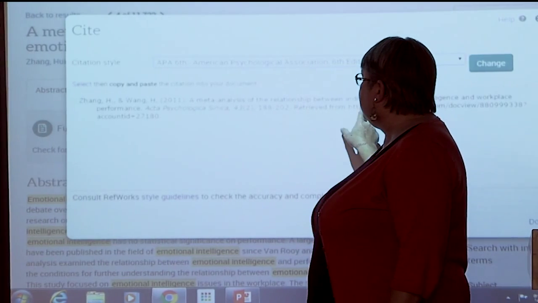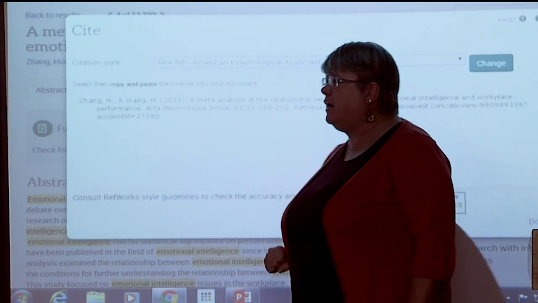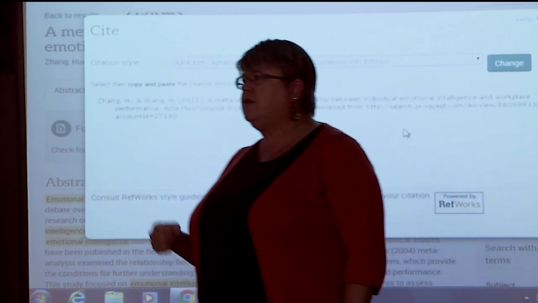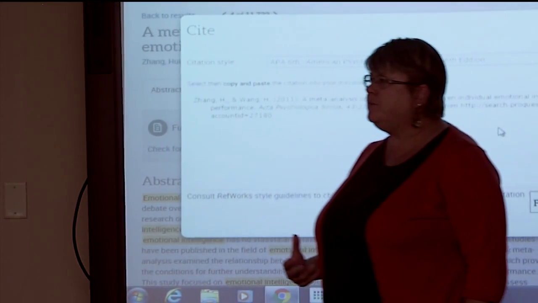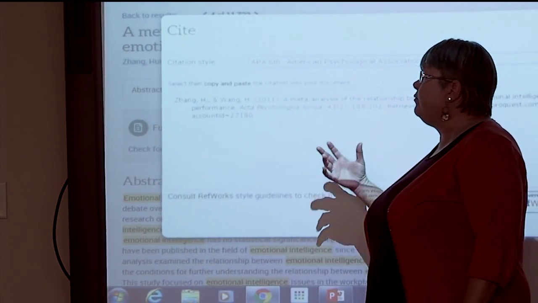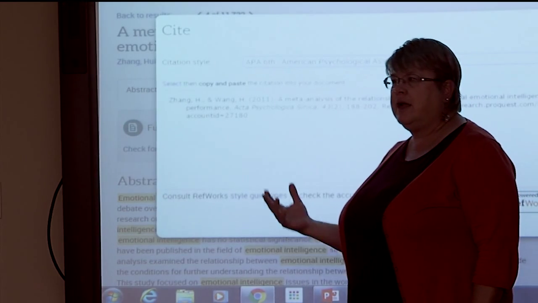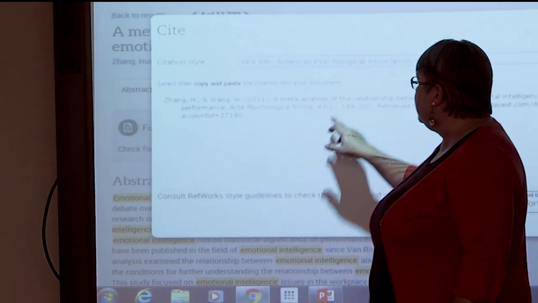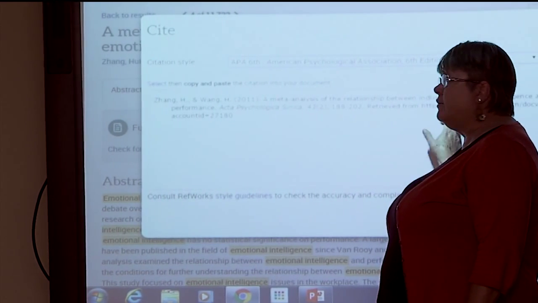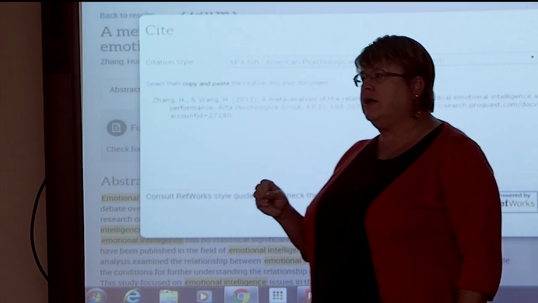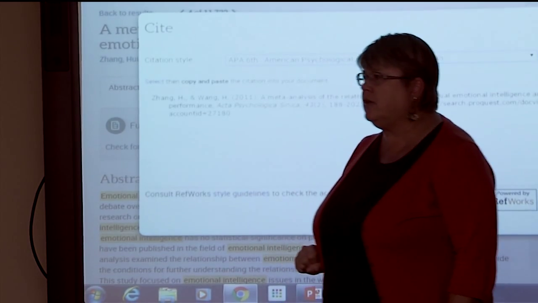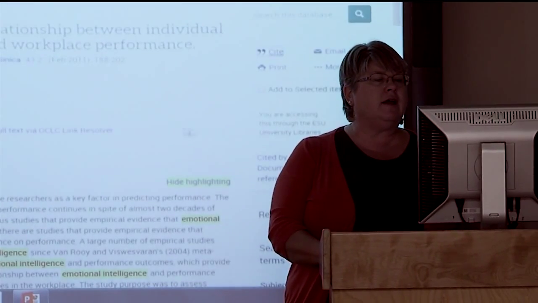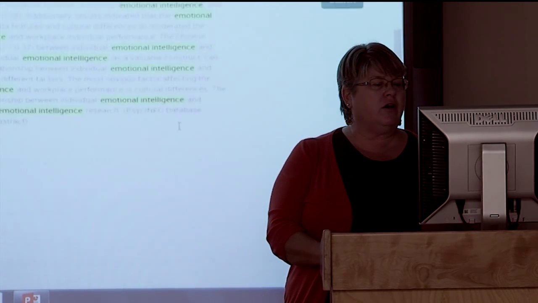Something else that a lot of times will go after this, and it's not included here, is a DOI, which is a digital object identifier. Every resource that has a digital copy usually has those, and they will come after the page numbers, where you do DOI colon, and then you put in that digital object identifier. A lot of times you'll find that information in the article.